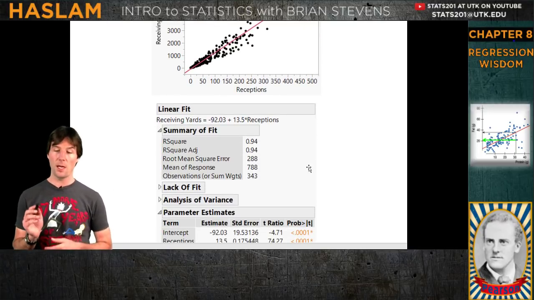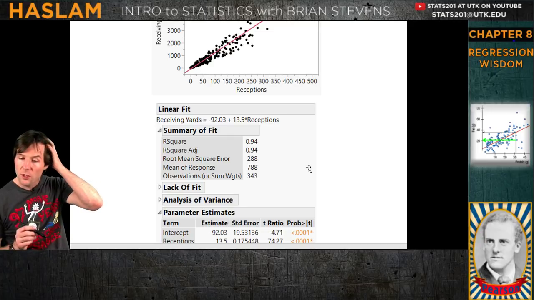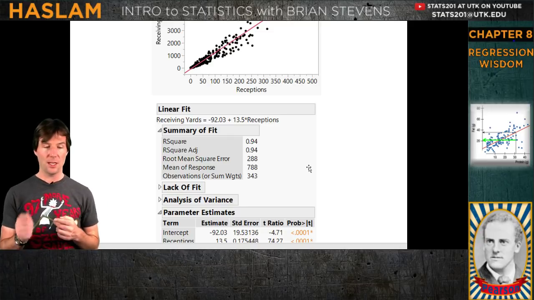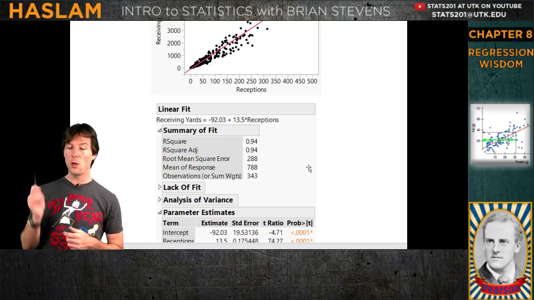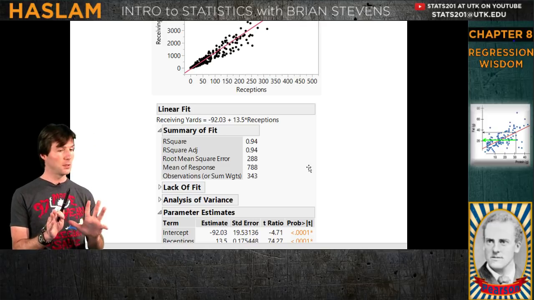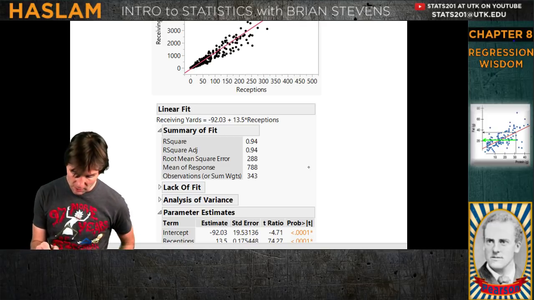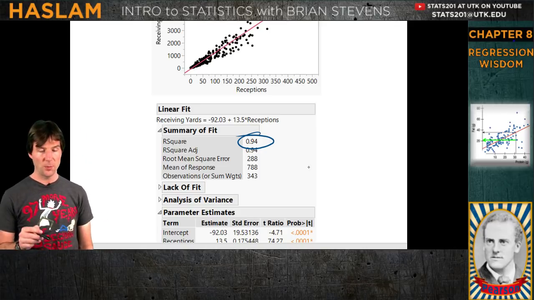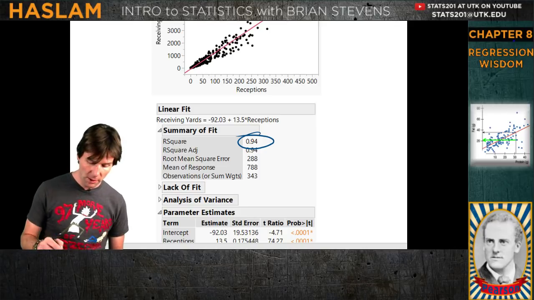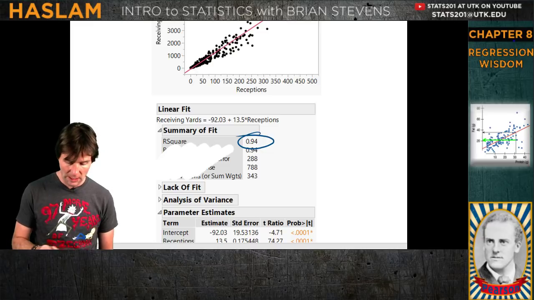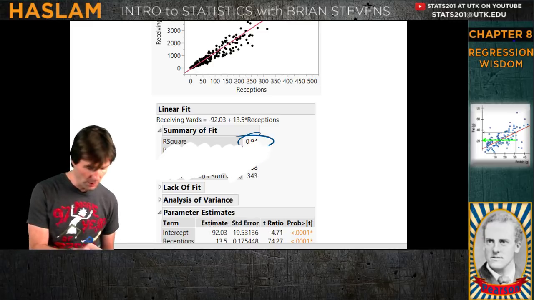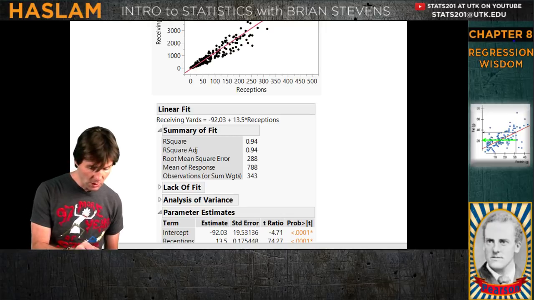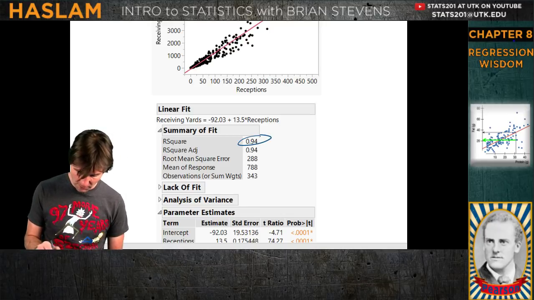As soon as I see this output right here, R is correlation. What is R squared? R squared is the coefficient of determination. Don't need to know that word. R squared is the percent of variation explained, which you see right here. And this other output right here would not appear on the test. Or if it does, you don't need to interpret it. So R squared is what we'll focus in on for this question.